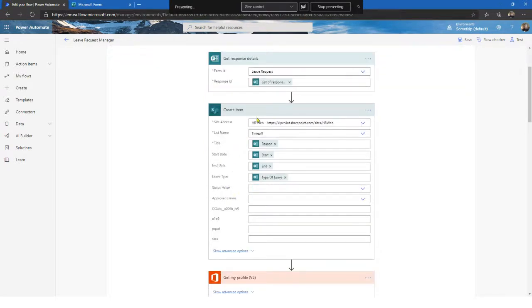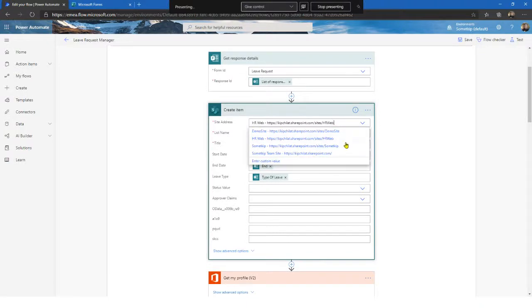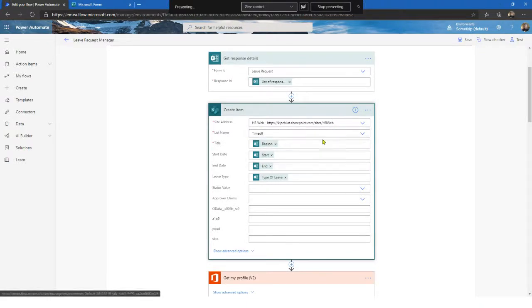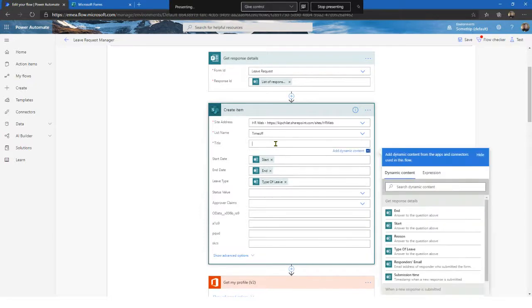So I create this item on my SharePoint on a list. SharePoint is based on something called lists and libraries, and so I created a SharePoint list that stores this. So think of the list like an Excel form. So in this list that sits within this site on SharePoint, my HR site, on a list called time off, I create the title, which I pre-fill with the reason. So I can come here and say the title of my request is the reason, and you can dynamically now add